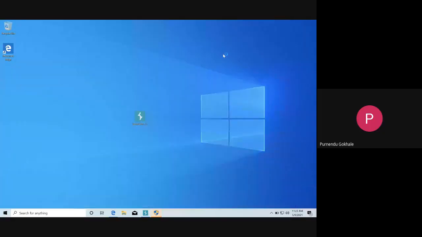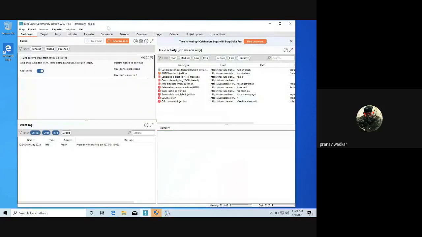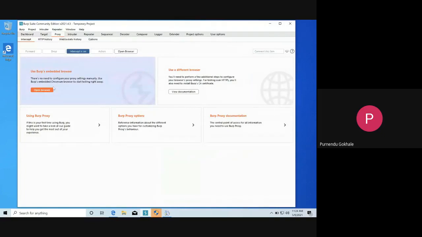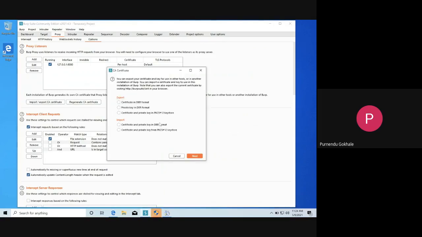Till that time, I think you have not configured the CA certificate. You can do that. Just tell me the steps, right? Go to Proxy, then Options, beside HTTP history and WebSocket options. Import and export CA certificate. In DER format, right?